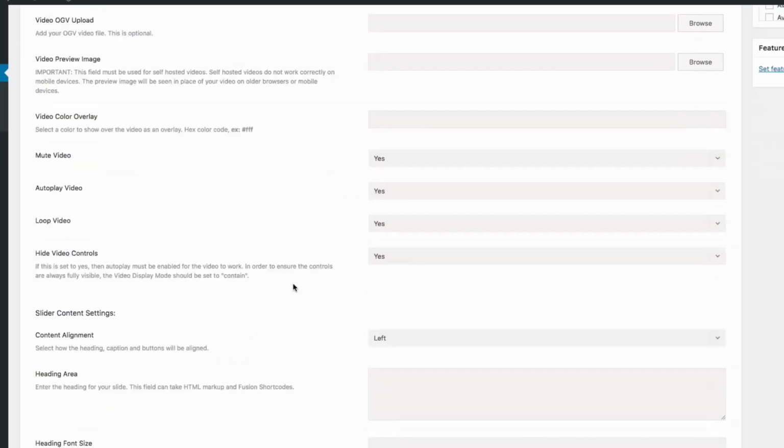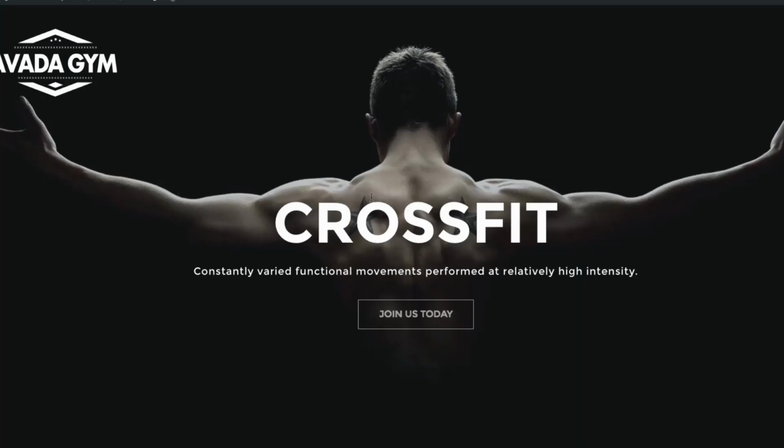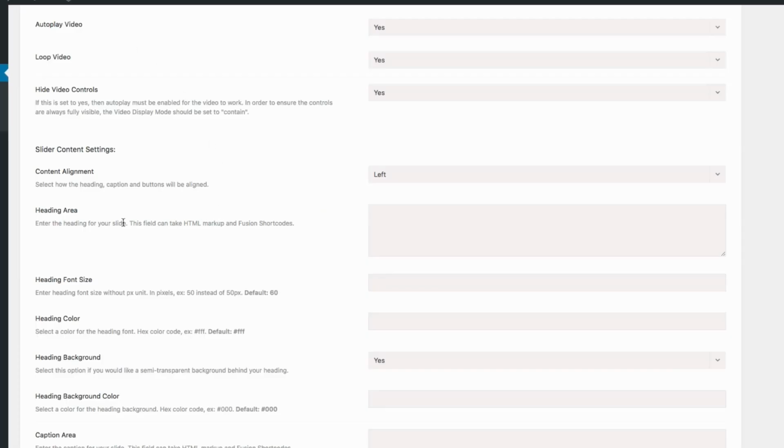It's pretty self-explanatory right here. And of course, coming down here, you'll go to the heading area. This will be where you actually put the type. You have a heading, like an H1 heading right there, and then you have something underneath there. All right. So the heading area, you'd put it right there,